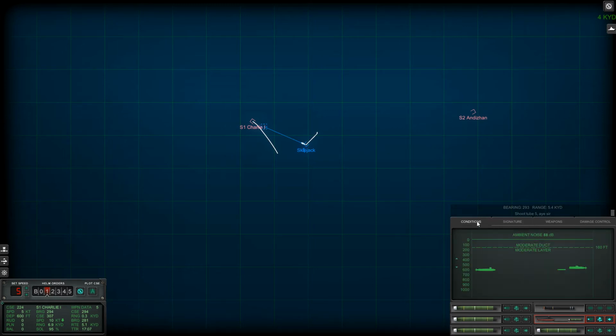What's the sea state? 88 decibels. It's quite loud, but it's quite a loud ship that we're fighting, so...